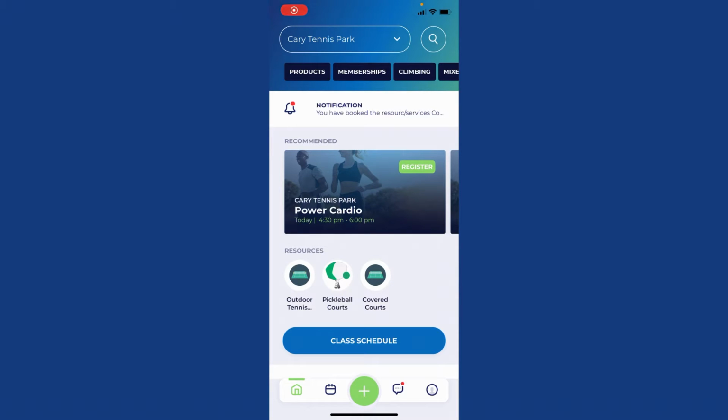Hi, this is Louise from Plan to Play, and today I'm going to show you how you can make a court reservation. So the first thing you're going to want to do is log into your mobile app, and then